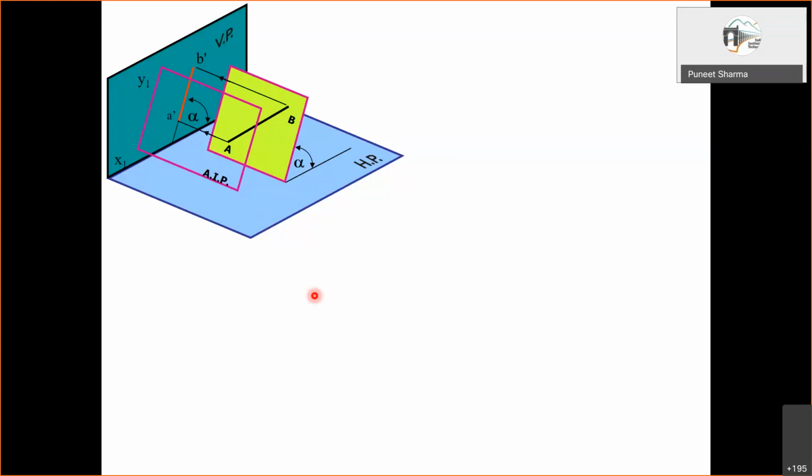Before that, I forgot to mention one thing. You see, two kinds of planes we are considering, that we can choose two kinds of auxiliary plane, auxiliary vertical plane or else auxiliary inclined plane. So if we project on them, then we obtain the auxiliary views. So if we project on auxiliary vertical plane, we obtain auxiliary front view. If we project on the auxiliary inclined plane, we obtain the auxiliary top view. Okay. So now this is the case of auxiliary inclined plane. So of course we'll obtain the auxiliary.